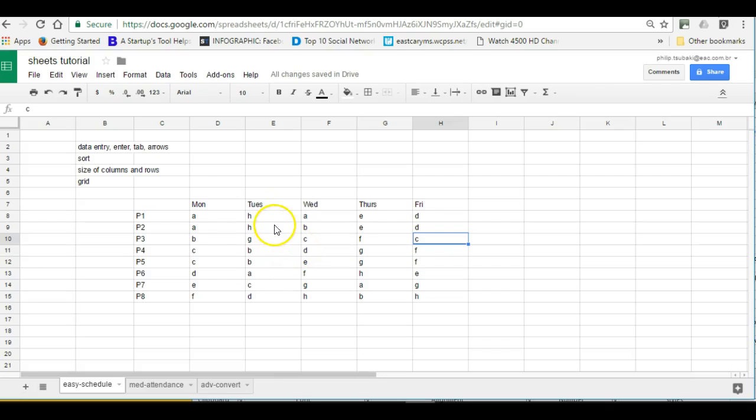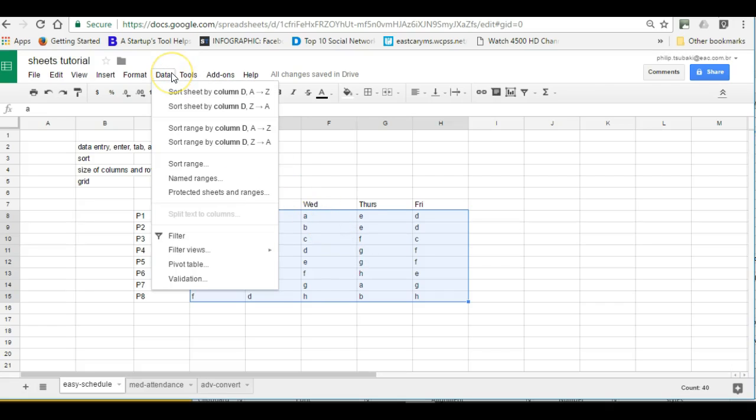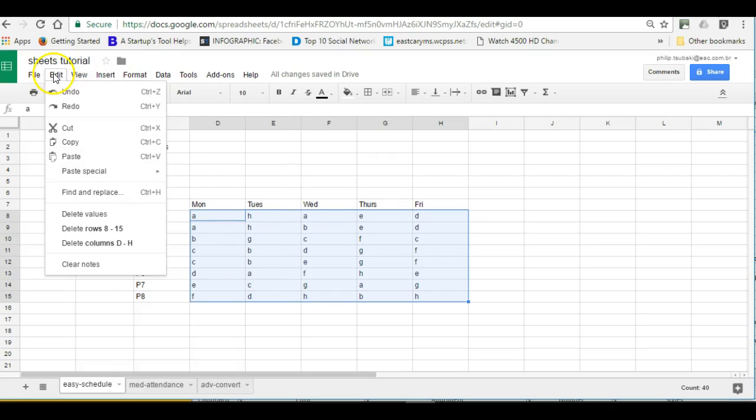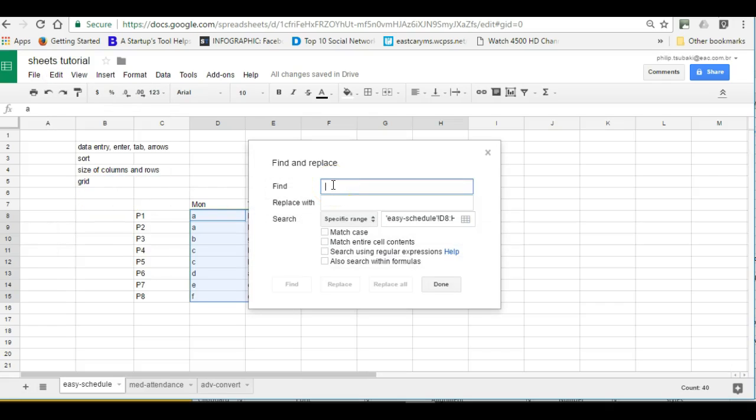And then I'm going to show you how you can do a substitute command and replace all the blocks that are a certain kind of class for you with your class name. So what I'm going to do is I'm going to highlight all of them, and then I'm going to do a data. No, I'm going to do an edit, and I'm going to do find and replace. And I'm going to say, okay, I'm going to replace all my C's with Math